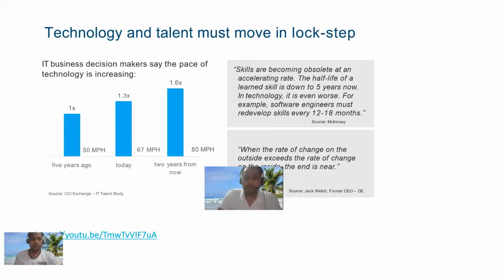Now the core thing behind this is that nowadays, every year or every 1.5 years, you'll find that technology is changing. So suppose we have 4G, now we are preparing for 5G. Once 5G comes, you will see after 1.5 years, 6G will come, etc. And this is true for all fields, not only IT but medical or any other profession as well. So things are changing drastically and fast.